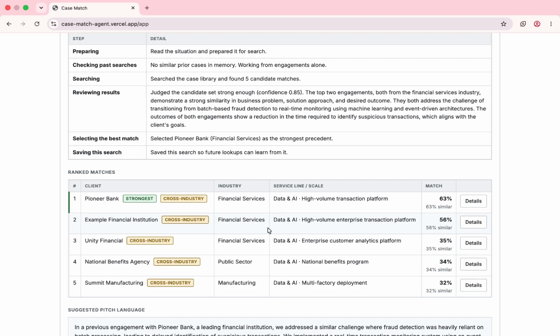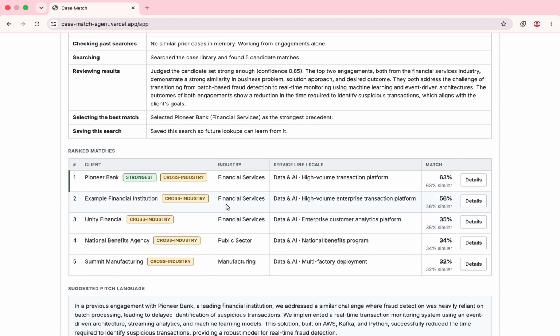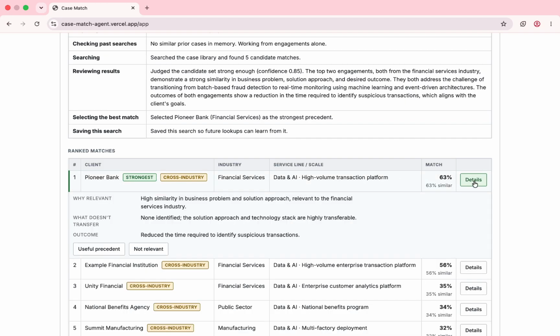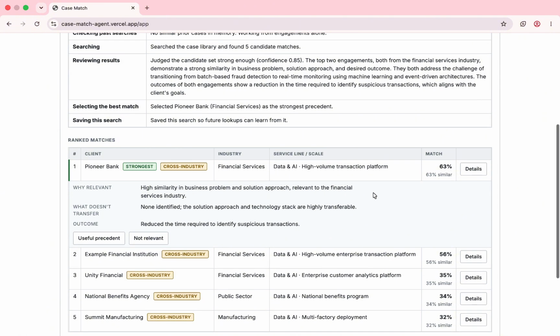And notice that the strongest precedent doesn't necessarily come from the same industry. The agent is looking beyond industry labels and considering the underlying business problems and solutions. So here, a case from a completely different industry can still become the strongest precedent if the underlying problem is a better match. If I click Details, I can see more of the agent's reasoning, and I can mark this